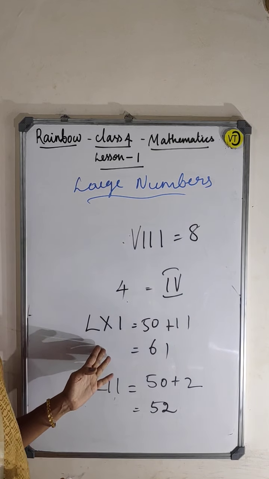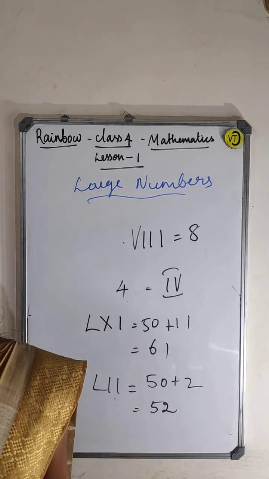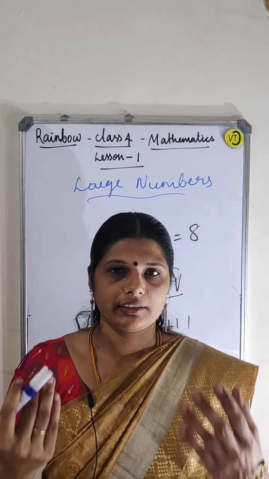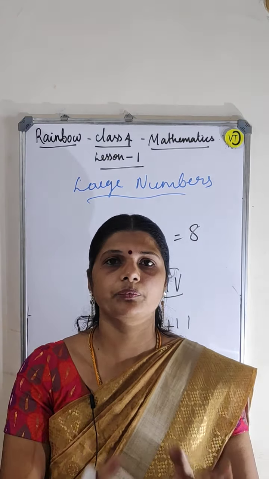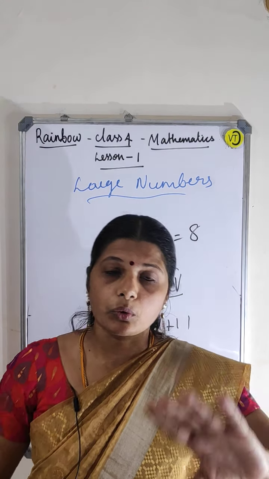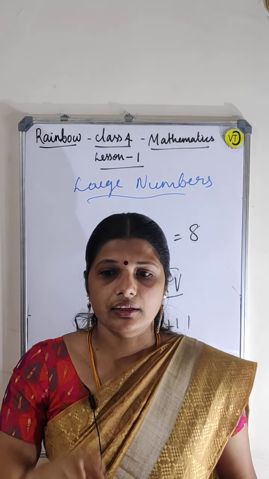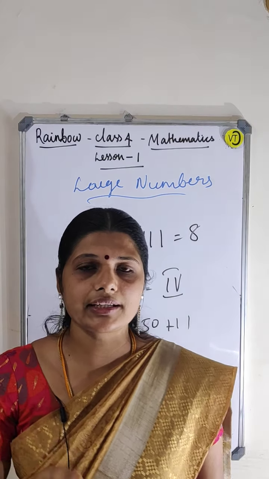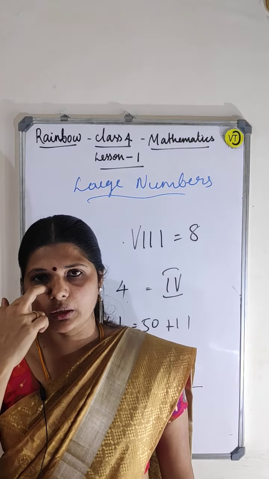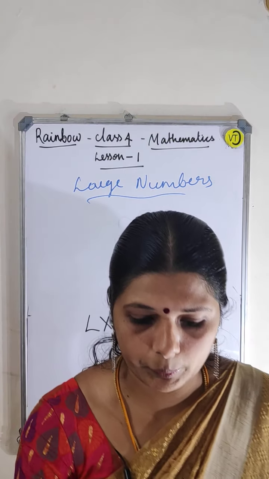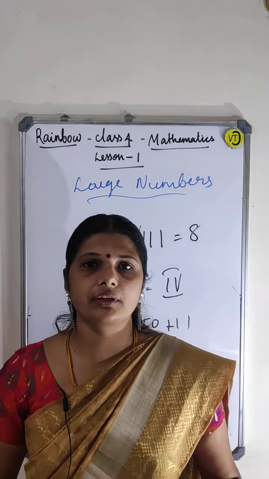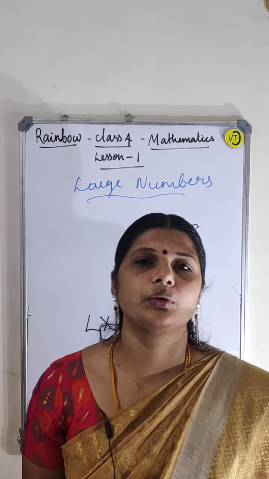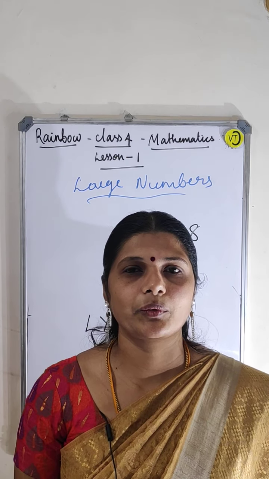So Roman numerals, if they give, you have to write in numbers, Hindu-Arabic numerals. Hindu-Arabic numerals means the numbers we use day by day, no? That is Hindu-Arabic numerals. Roman numerals means I told you, right? X is equal to 10, L is equal to 50, V is equal to 5. That is Roman numerals, guys. Okay, now you understand better in this Roman numerals. So this 4th chapter, all the topics I have covered here. So I thought you understand better in this lesson. Okay guys, thank you.